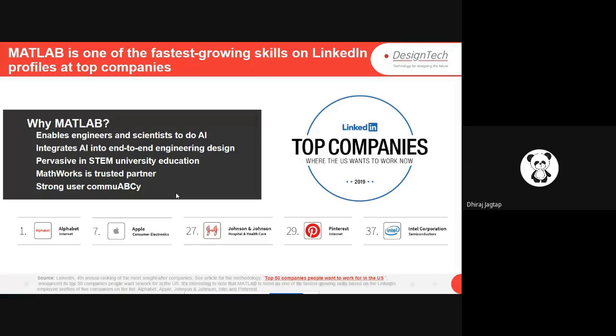MathWorks is a trusted partner with a strong user community for different universities and startups. LinkedIn recommends that MATLAB is an essential skill that students and researchers should learn.